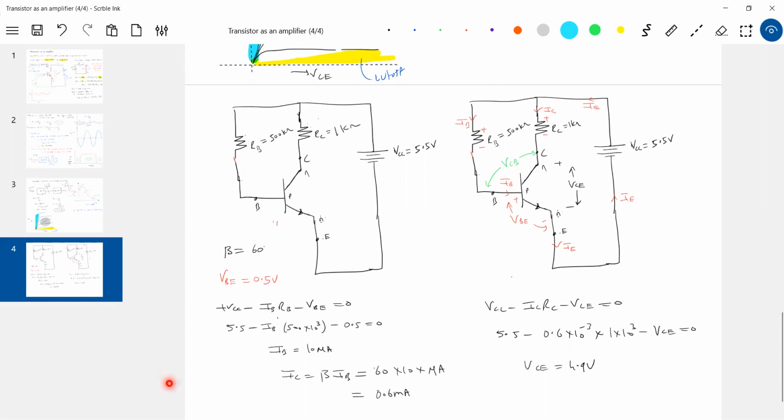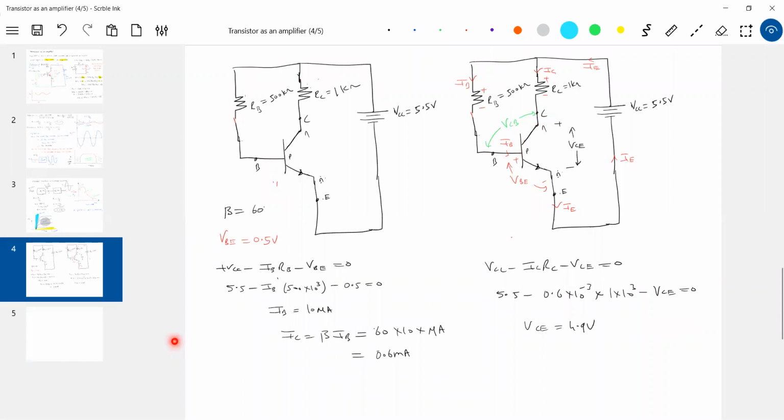Let's go for calculation of VCB. Or sorry, any other method? VCB plus VB should be equal to VC, no? Simplest thing: what is this drop equal to? The sum of these two drops. VCB plus VB is VC. Check it, you'll get the same answer.